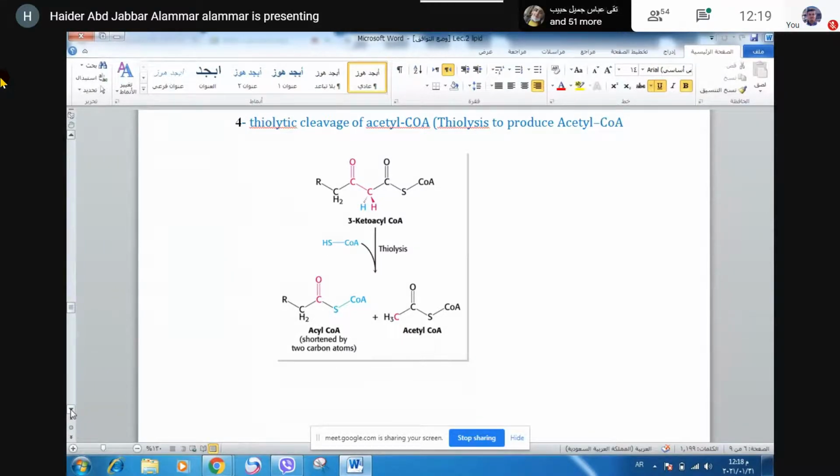يخلص الفاتي اسيد، و each acetyl coenzyme A will enter the citric acid cycle for further oxidation. زين إذا قلت لكم odd number فاتي اسيد 17 أو 19 بالنهاية ايش راح ينطيني؟